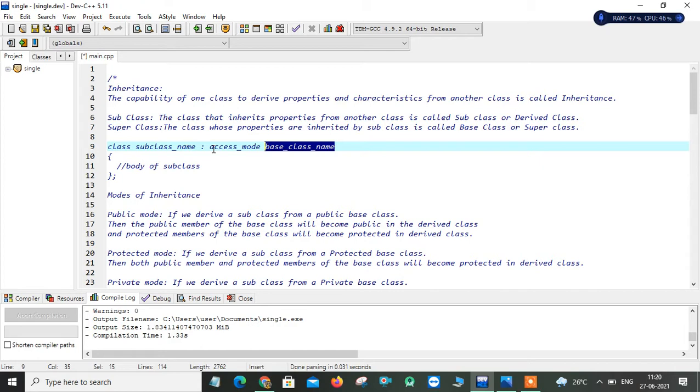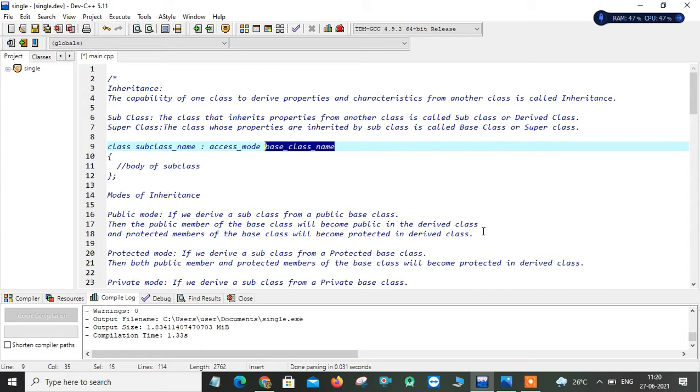So the differences between public, private and protected modes are as follows. When you inherit a child class from its parent class publicly, that is, if we derive a subclass from a public base class, then the public members of the base class will become public in the derived class also, and the protected members of the base class will become protected in the derived class. Whereas the private data members we cannot access in your subclass.